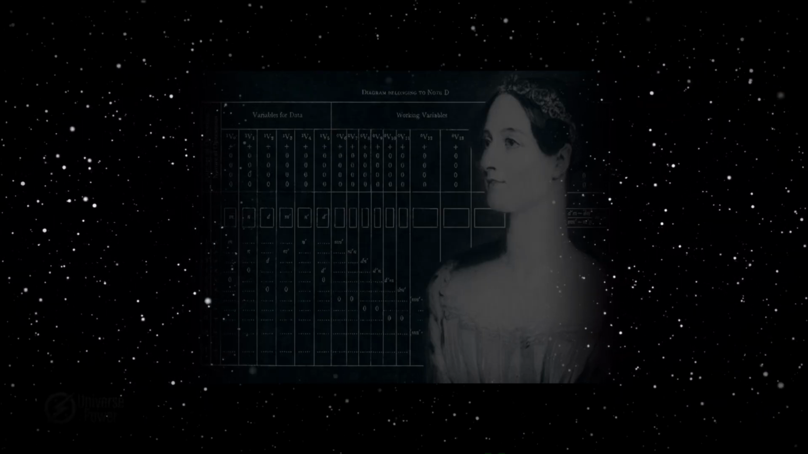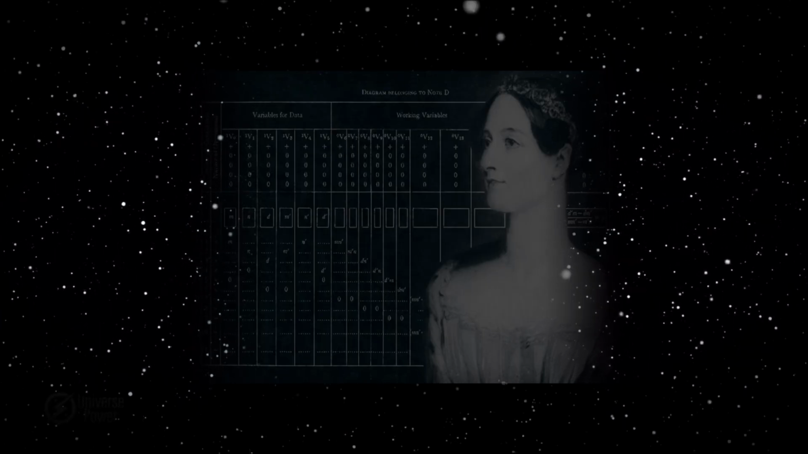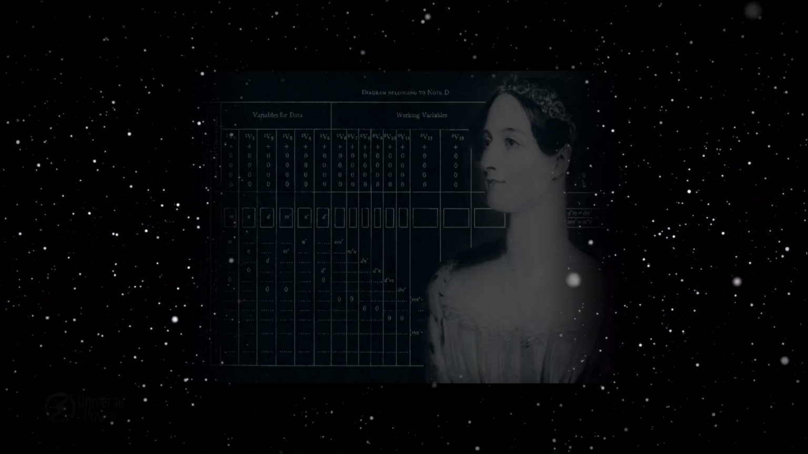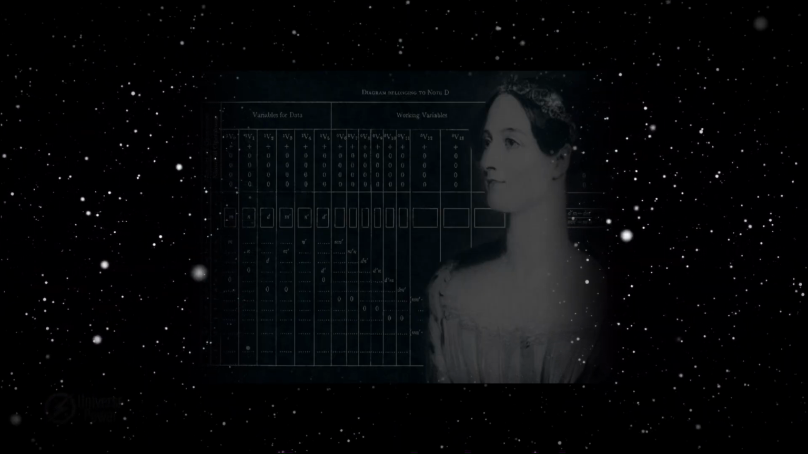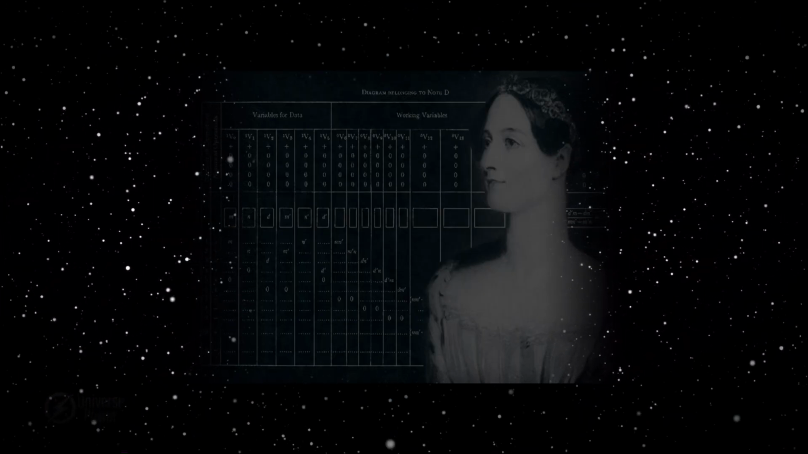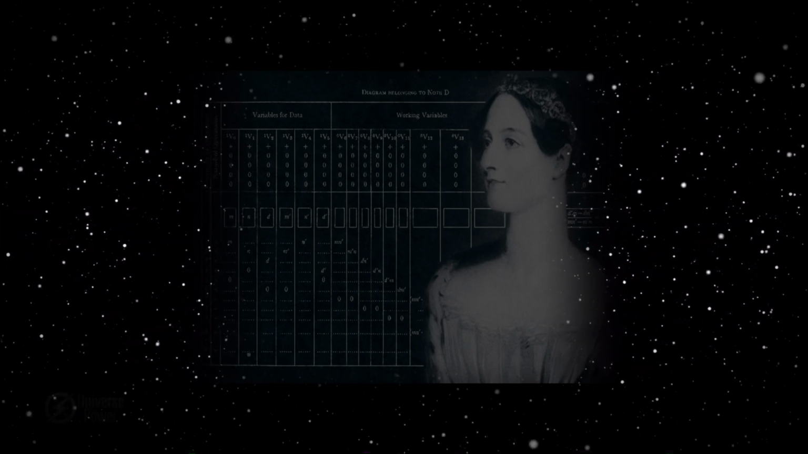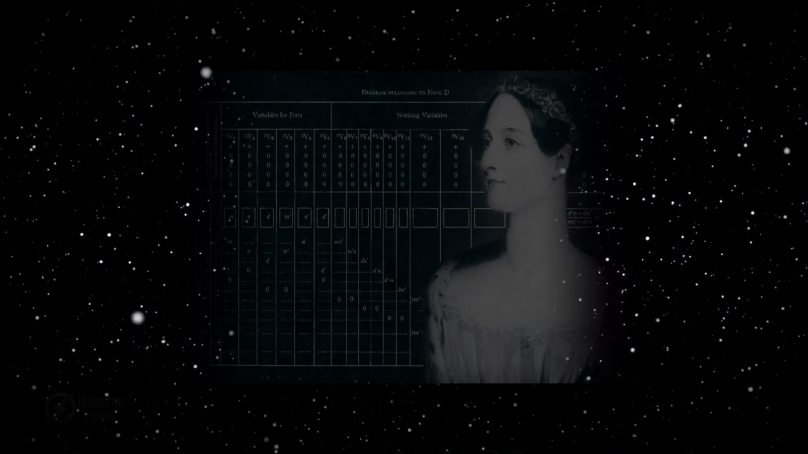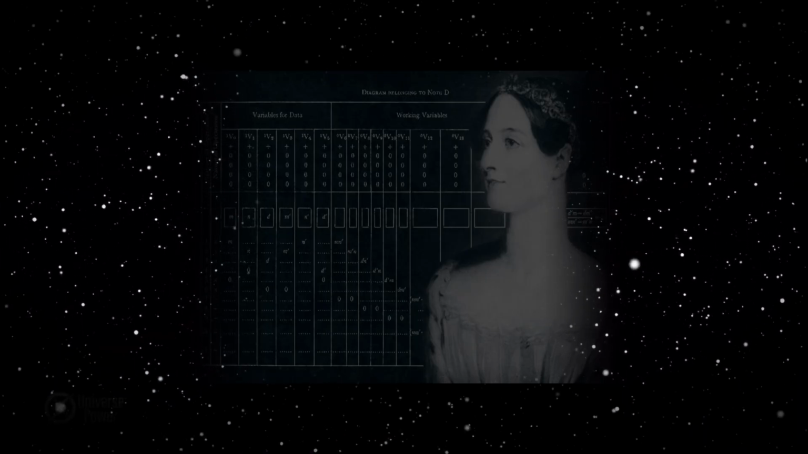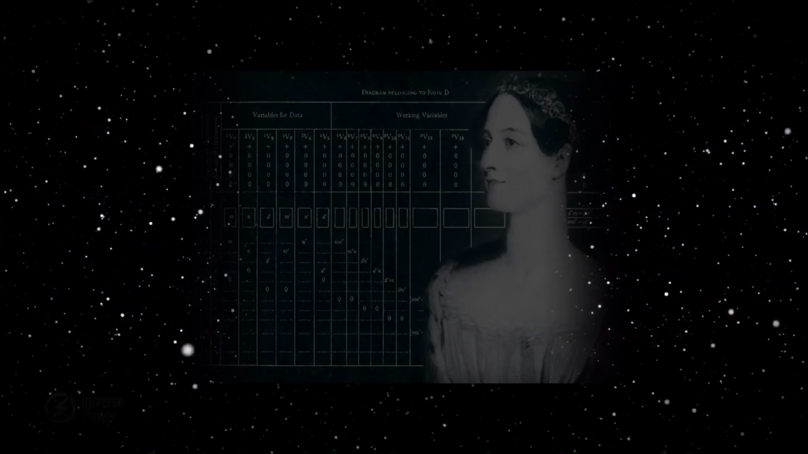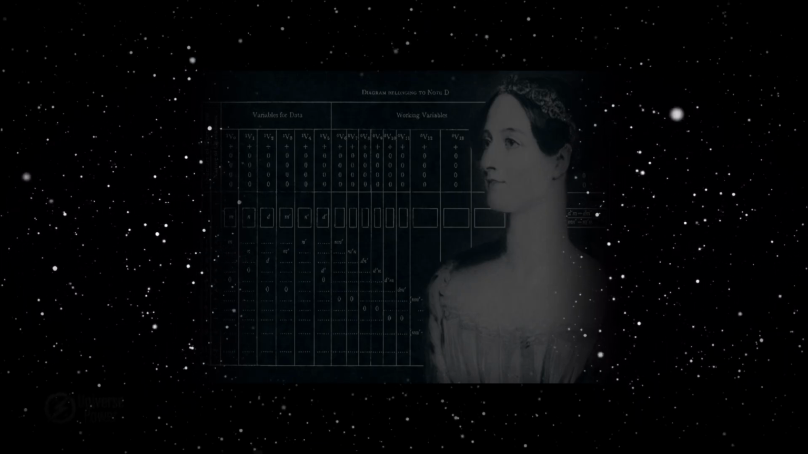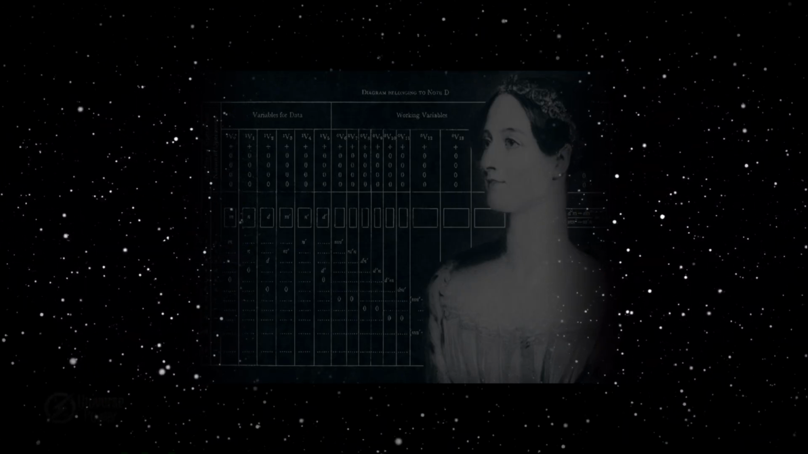Ada Lovelace saw something that even he did not. While Babbage viewed his analytical engine as a machine for number crunching, she realized it could manipulate symbols, not just digits. In 1843, she wrote what is now recognized as the first computer program, an algorithm to compute Bernoulli numbers